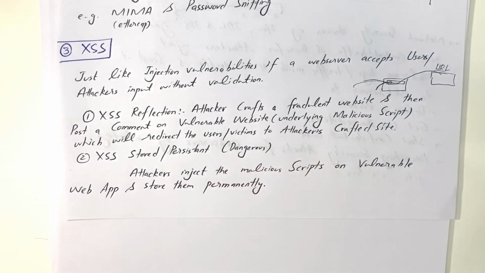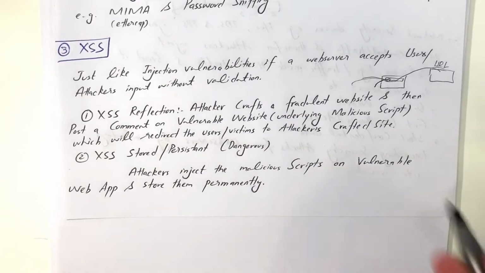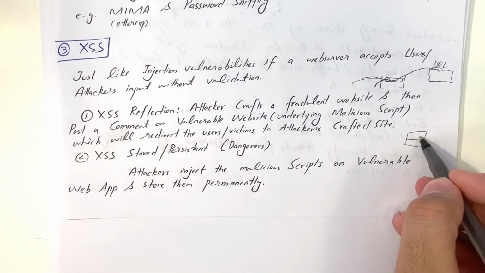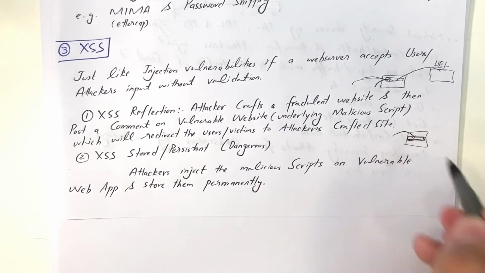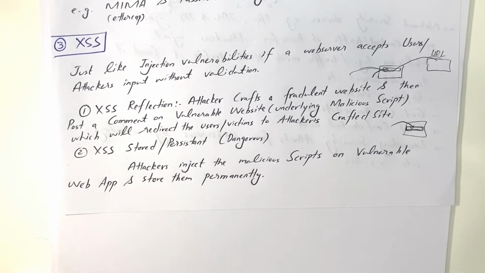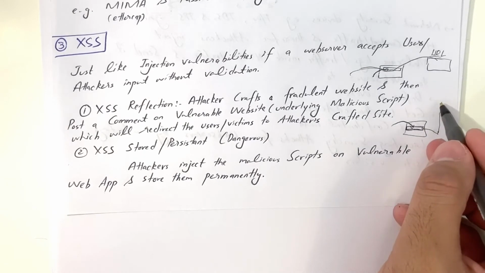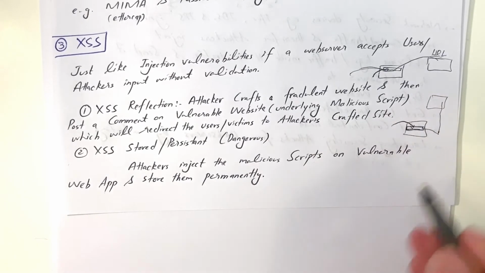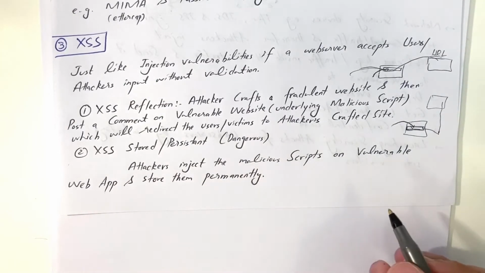So basically, the attacker found a website vulnerable. The attacker has injected the malicious script. Like, this is the website. The attacker created and injected this particular script on the website, and that script might be, for example, if anybody logs into the website, it will steal their session cookies and forward the session cookie to the attacker. This is called cross-site scripting stored, where the attacker injects the malicious script on vulnerable web applications and stores it permanently there, and whoever